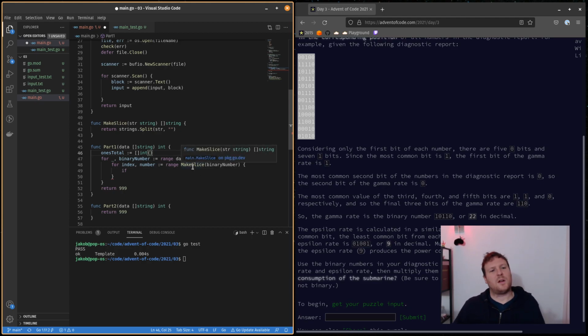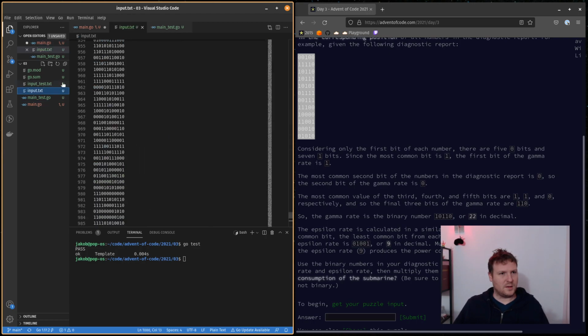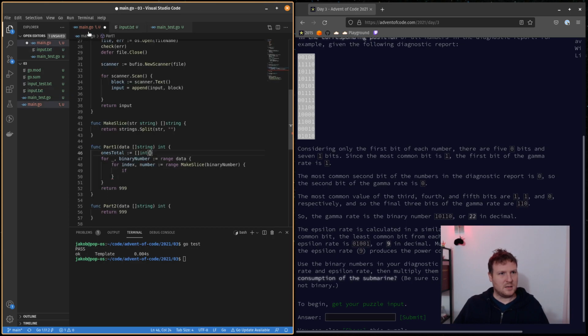So here's my problem, right? This one's total is not populated, right? I could hard code some zeros into it, right? But my test case has 5. My real input has, what's that, 12 maybe, right? So I need it to be more dynamic, right? And what I need to do then is